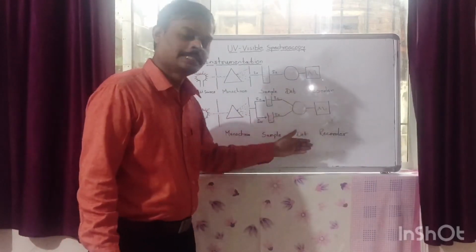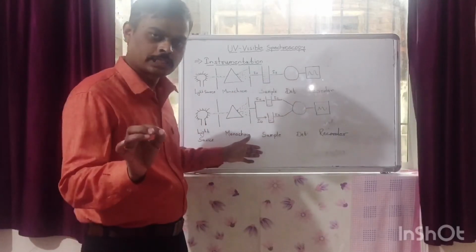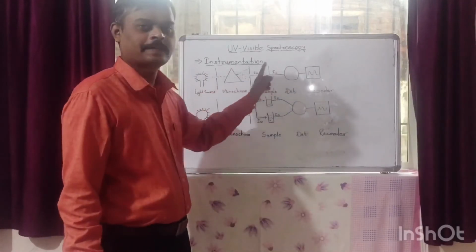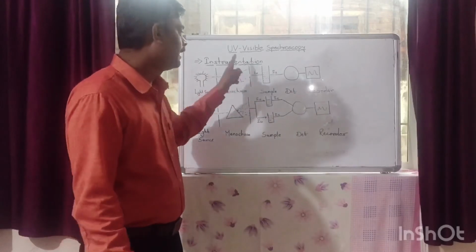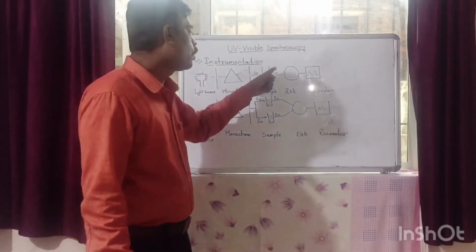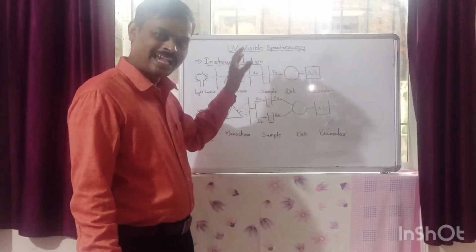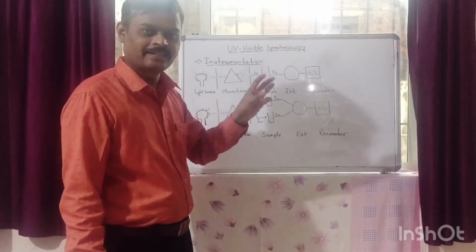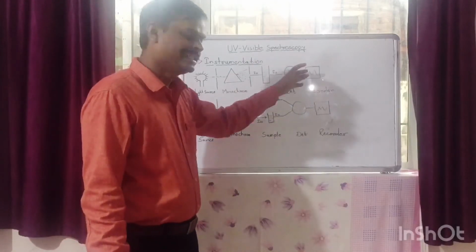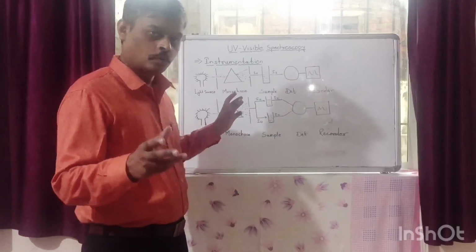The double beam UV visible spectrophotometer has advantages in terms of accuracy and precision over the single beam UV visible spectrophotometer, because in a single beam UV visible spectrophotometer there will be only one cell which is to be used for blank first, followed by your standard and sample. So correction will not be done simultaneously for blank and samples, and